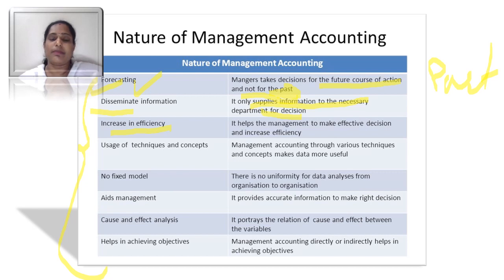So this also will be helping in increasing the efficiency. And it helps in usage of techniques and concepts. As I told you all, there are different tools. By using those tools, see, if you take an example of a common size working schedule, a working schedule, you